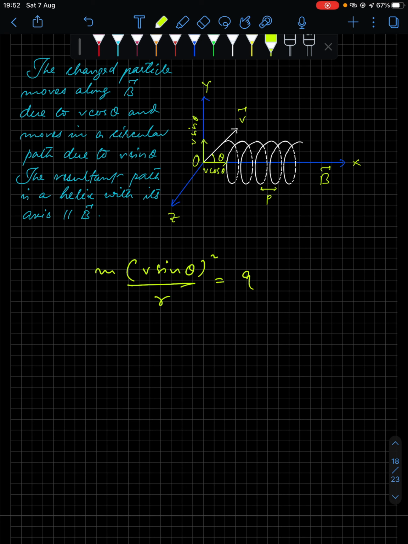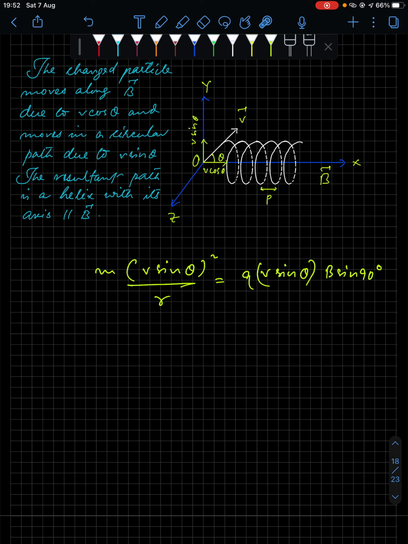And this is being provided by the magnetic force. Now qvB sine theta was what we had previously, now you have qv sine theta B sine 90. Try to understand. Sine 90 was